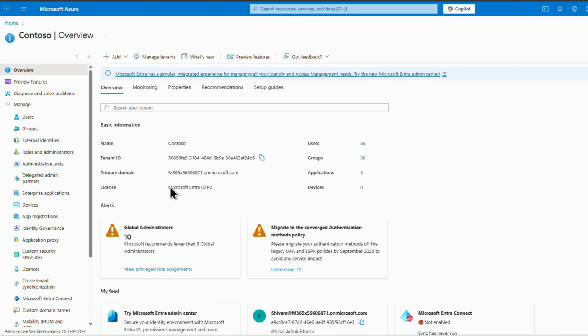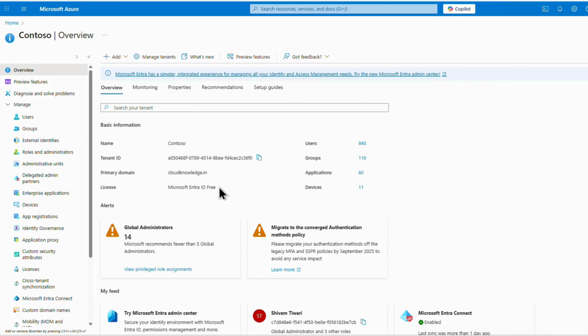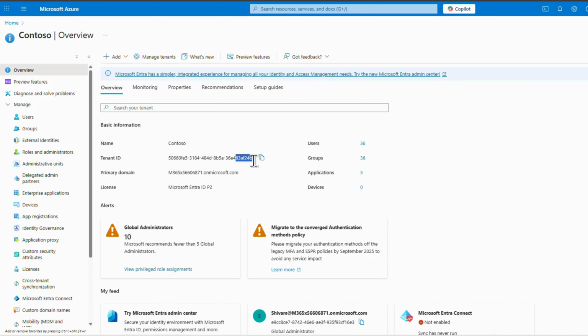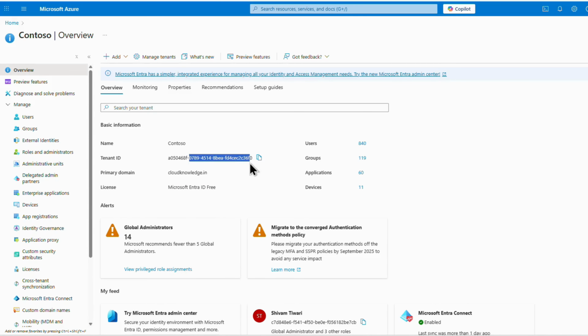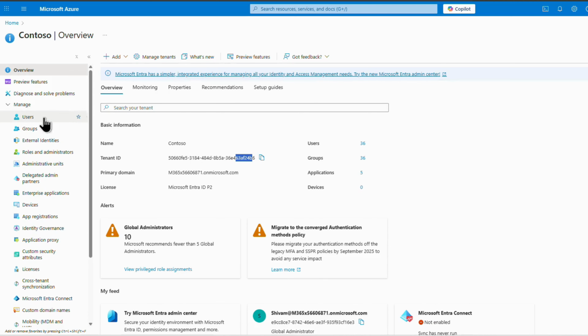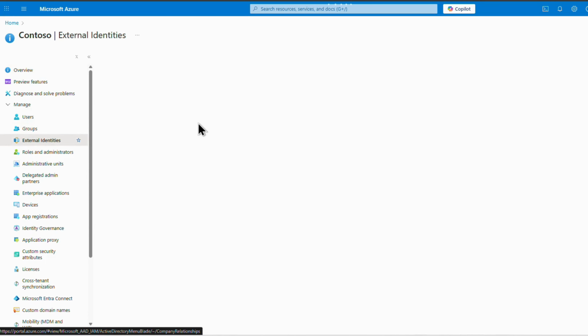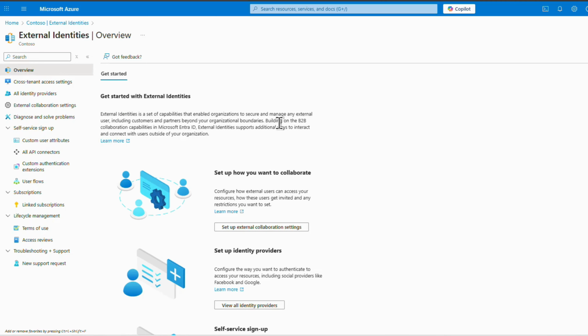You can see this tenant has an Entra ID P2 license, and if I go back to the other tenant, it has an Entra ID Free license. So both are different. You can compare them with the help of the ID itself also. Okay, so under external identities we will move, and here you can find the detailed view